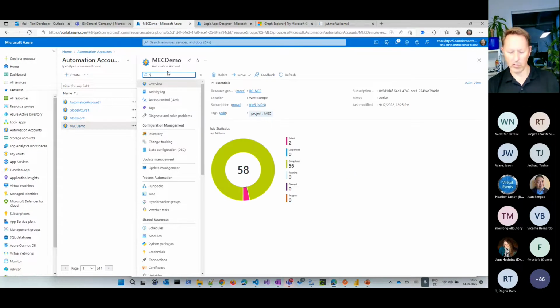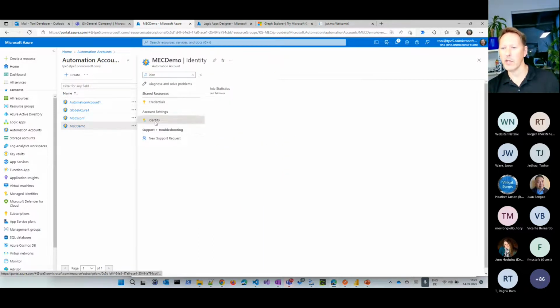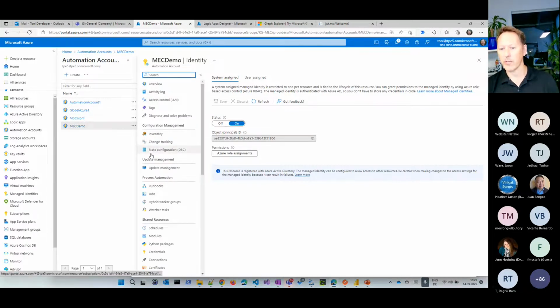Again, this Automation Account, like almost all service resources in Azure, has an identity. By default, it is switched on. So I can create that Automation Account here with that object principal ID, for example, to shut down or access a virtual machine in a specific resource group or similar. So it's always the same story here.